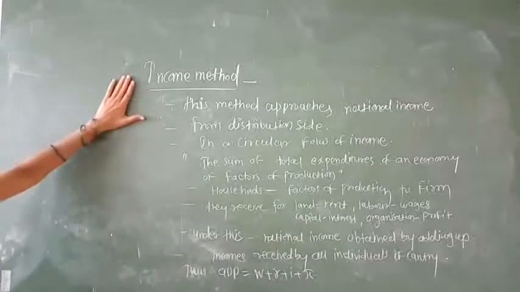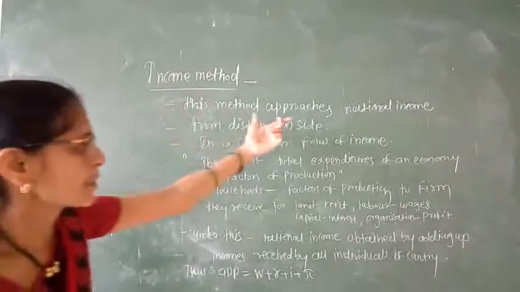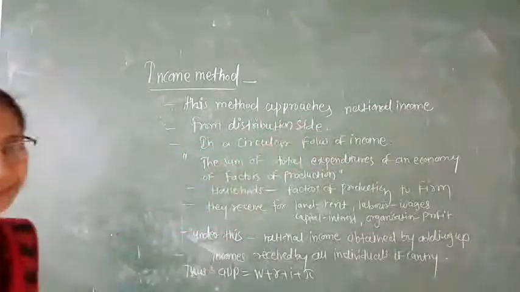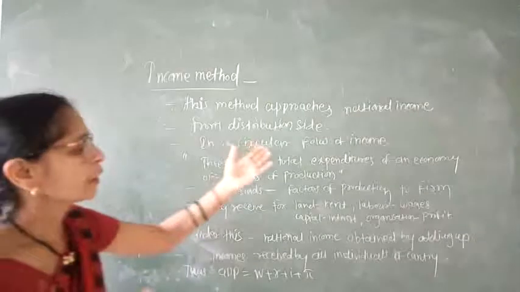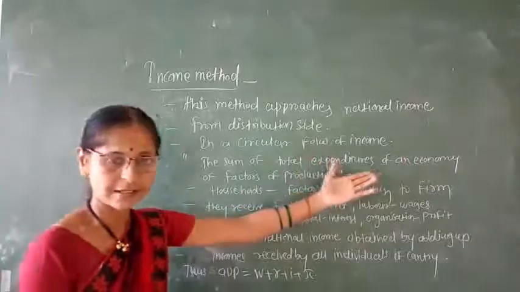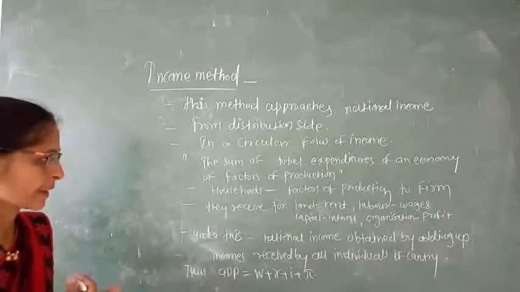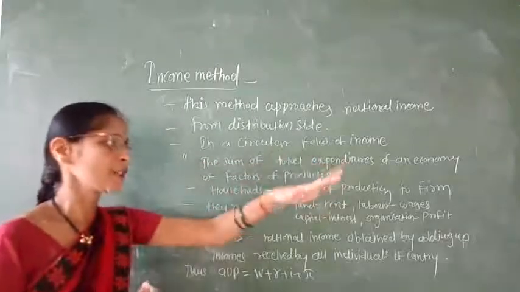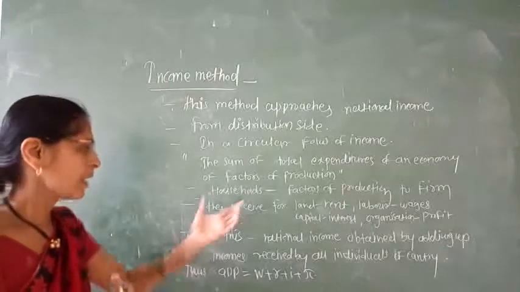Here, in the income method, this method approaches the national income from the distribution side. We have already studied in the circular flow of income that the flow of income is the sum of the total expenditure of an economy on the factors of production. And all of you know, the household sector